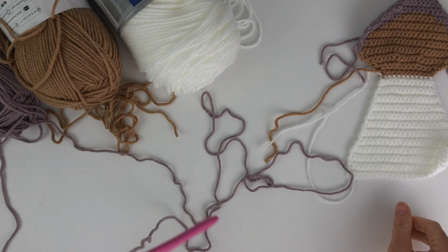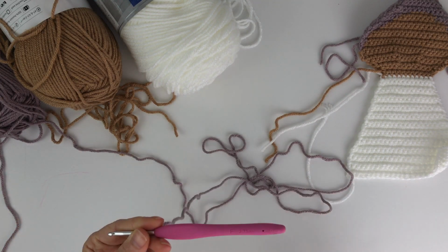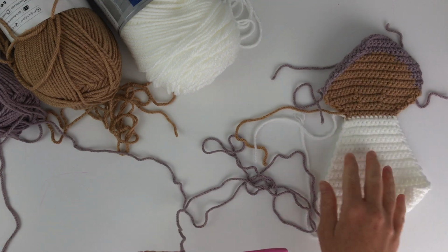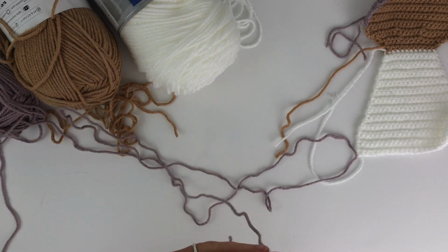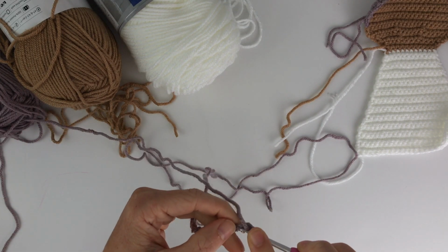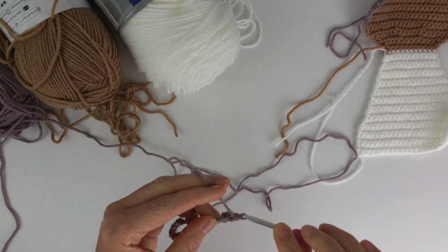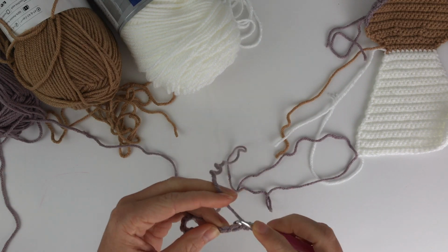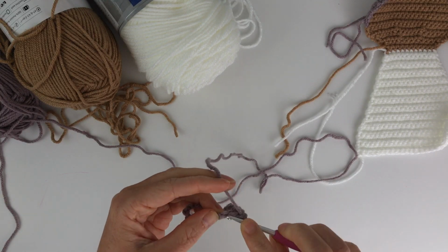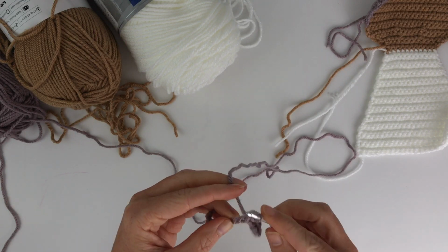Rows 1 through 18 will be made with the hair color, and then on the last stitch of row 18, I'm going to switch to my face color, and then I got 2 rows of face color, and then it's back to the slip color, which is white. So go ahead and make your back piece just like your front piece, following rows 1 through 18 in your hair color, 19 and 20 in the face color, and then 21 in the slip color. So go ahead and do all of that, and then meet me back here and we will make our 2